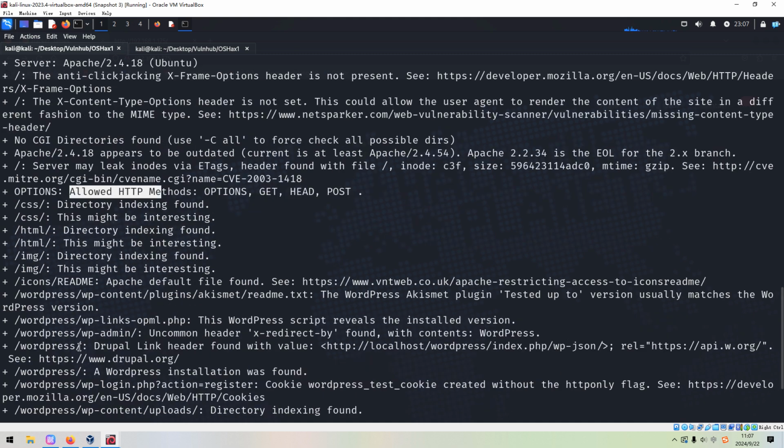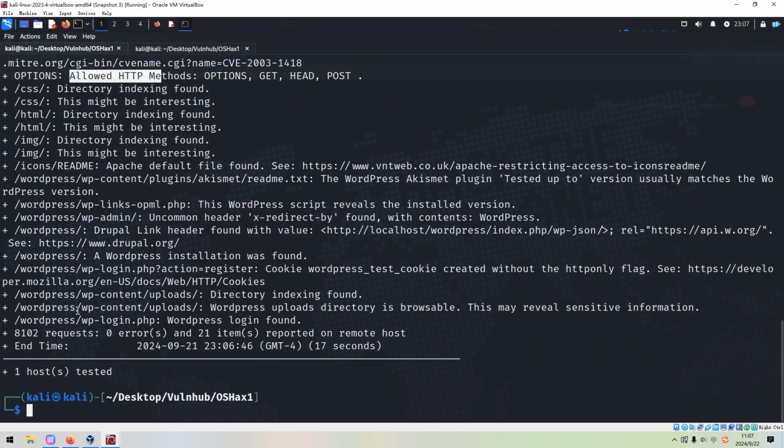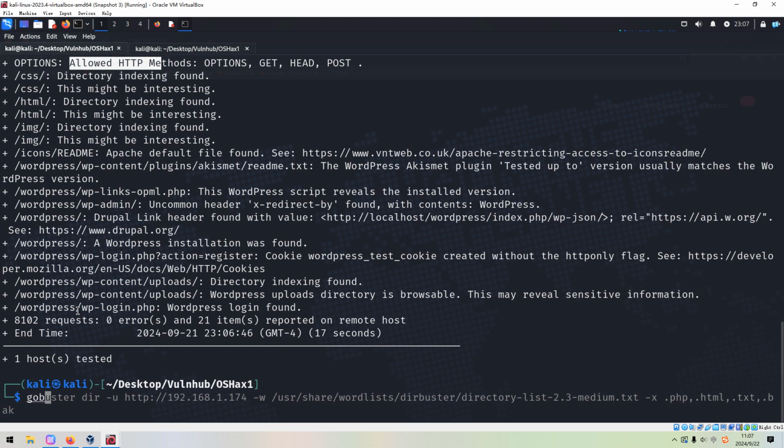And WordPress, interesting, of course. First of all, afterwards we need to check out this WordPress directory. But before we do that, I'd like to launch GoBuster to do the directory enumeration, and then we can go back to the manual enumeration, because we have already found the new directories.